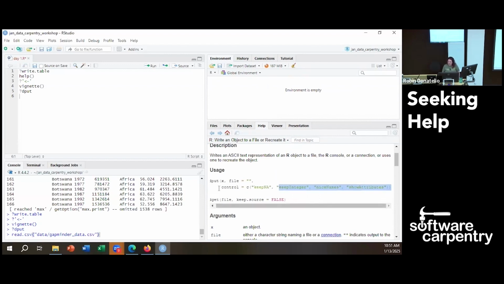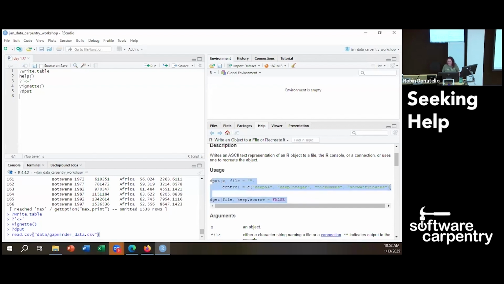So here is what you would pull out to be able to,